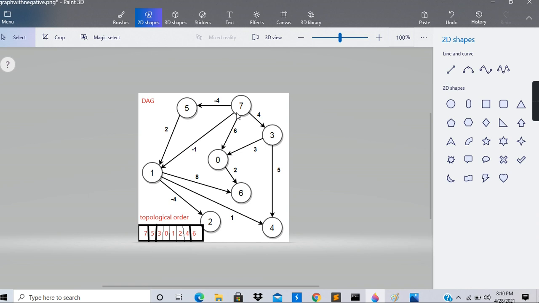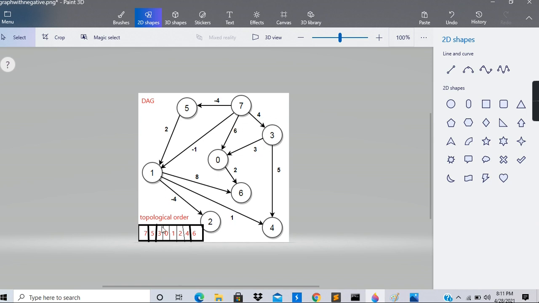Since these nodes were not visited initially, we mark them as visited in the boolean array that we have created, and we store each of the distances. To reach node 5 from node 7, the distance would be -4. We would store that distance. We don't know whether this is the shortest distance or not. As we traverse the entire graph, we would come to know. From 7 to node 1, we store -1 as the distance. From node 7 to node 0, the minimum distance is 6. And from 7 to 3, the minimum distance is 4.